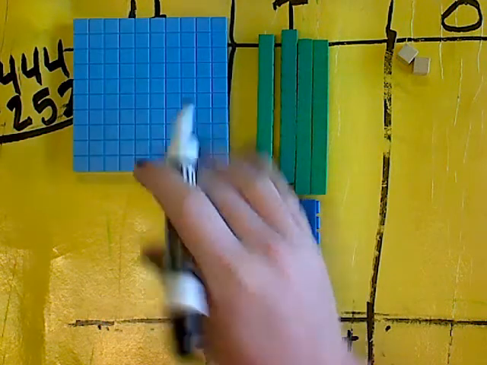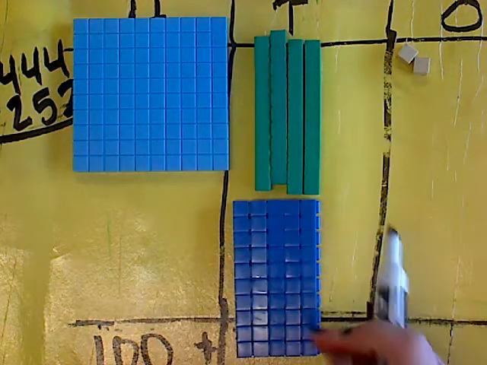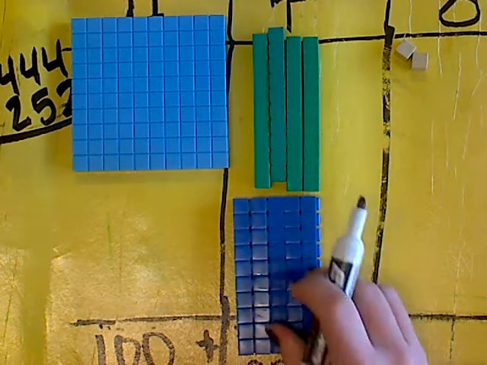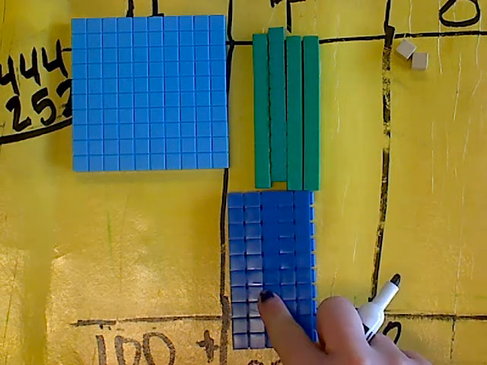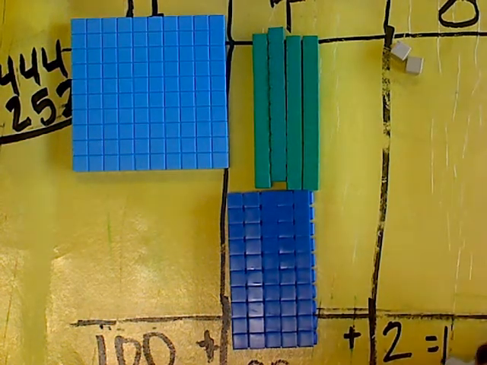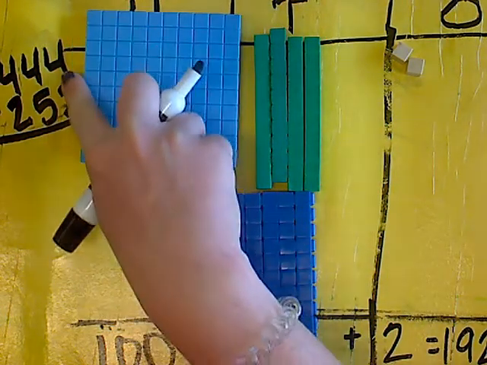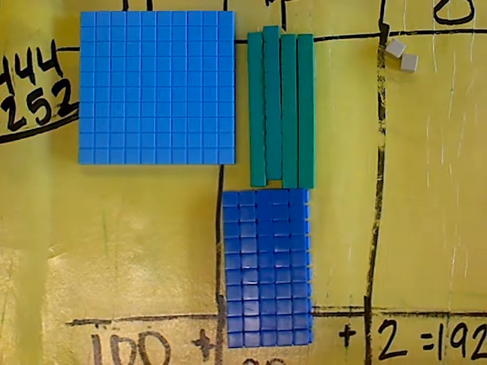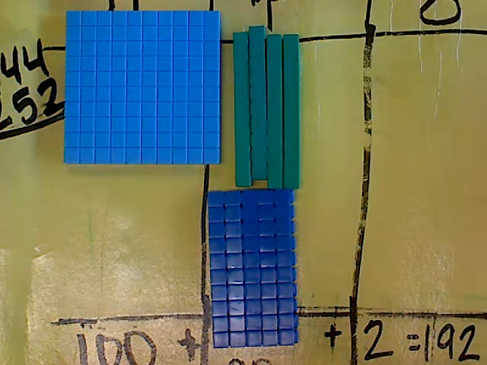So the value of my hundreds is 100. I have 9 tens, which have a value of 90. And then I have 2 ones. So 100 plus 90 plus 2 is 192. So the difference between 444 and 252 is 192. I'm going to write one more problem and you can pause the video and solve this on your own,